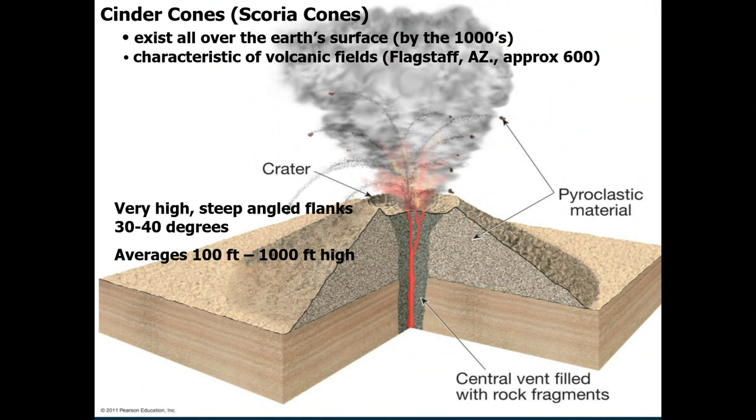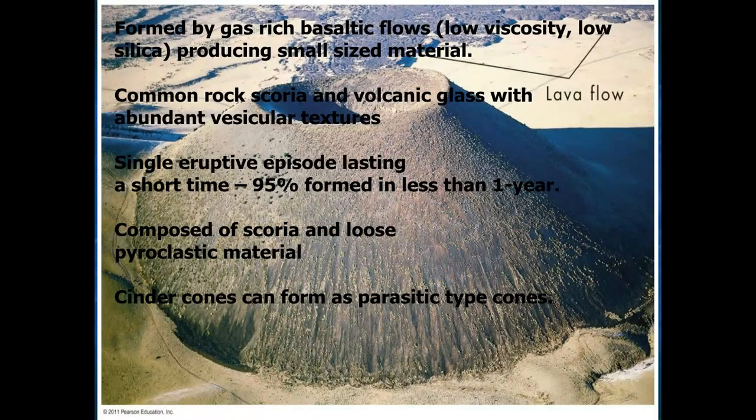They're known for pyroclastic material that's erupting, and they're known for basaltic type flows and so forth. And so here in this particular slide is a picture of a typical cinder cone. And I believe this one is actually from the Arizona area. And again, cinder cones can be formed by gas-rich basaltic flows, low silica, typically producing smaller sized material. The common rock associated with cinder cones is scoria, which actually is a very porous